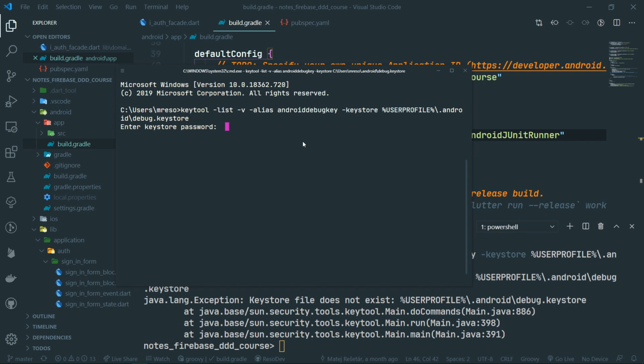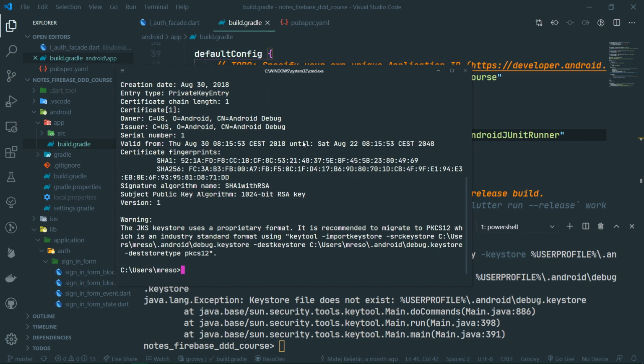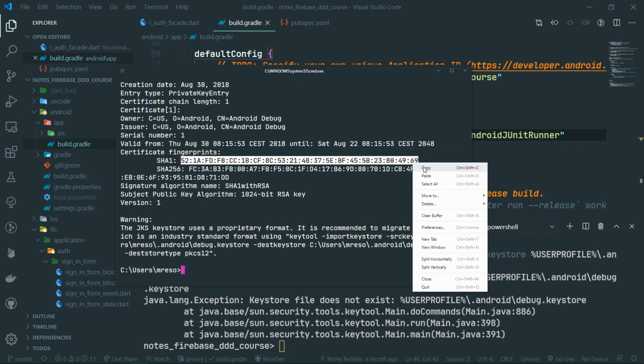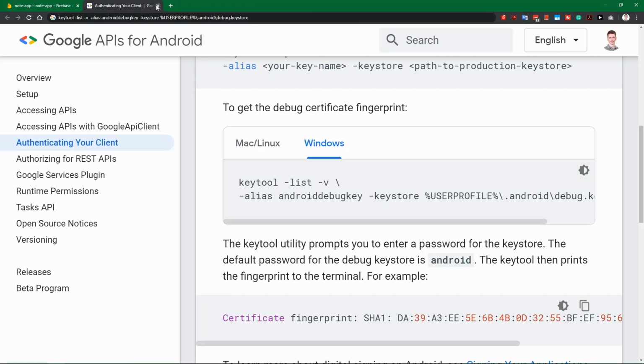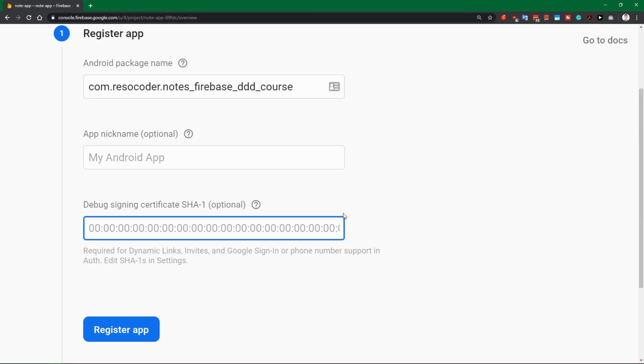Anyway, we're now going to enter the keystore password. And since this is a debug keystore, the password is just android. And here we go. We have the SHA-1 fingerprint here. We can just copy it. By the way, this is completely fine if you see this because it's just a debug keystore anyway. Now back inside the browser, we're going to paste this SHA-1 debug signing certificate into this field